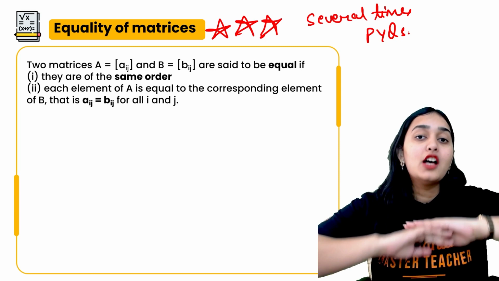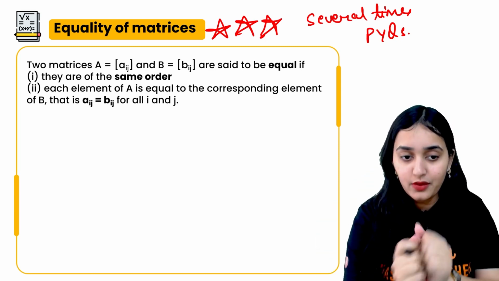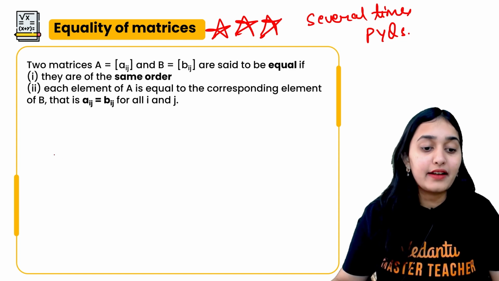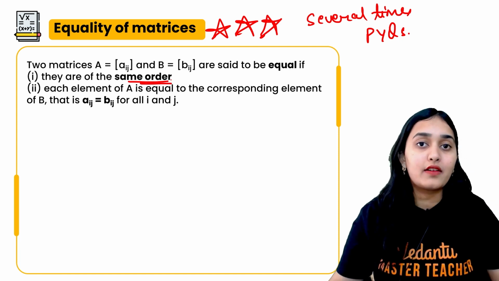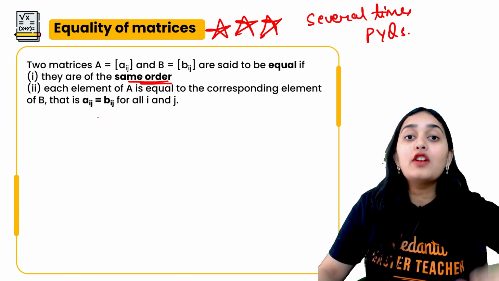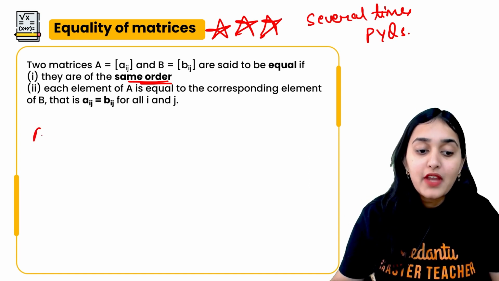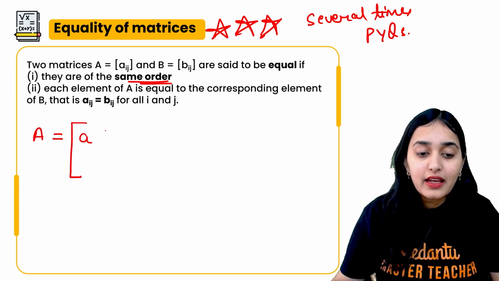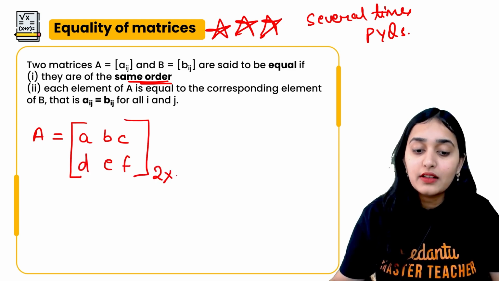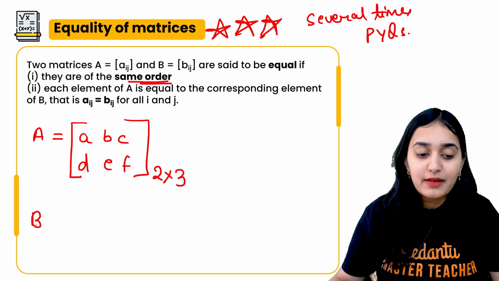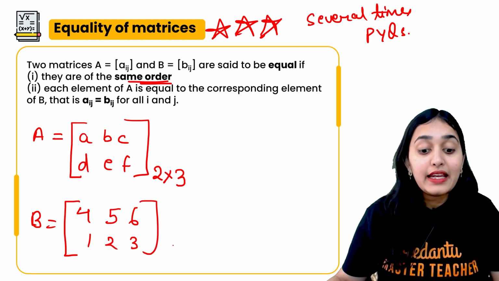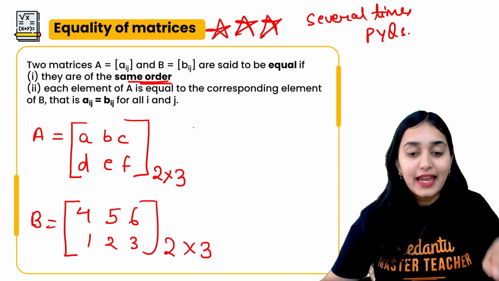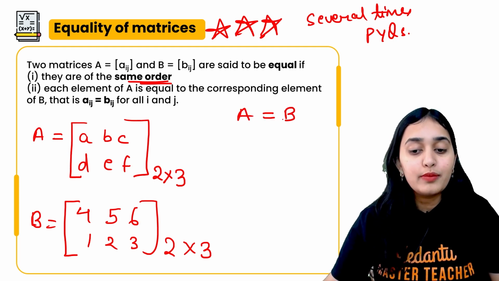Equality of matrices. Super easy topic, super scoring topic. Okay. What is equality of matrices? If there are two matrices having the same order, what is important? Same number of rows, same number of columns. Example, if I have a matrix A where A, B, C, D, E, F, there are 2 rows, 3 columns. And I have a B matrix which has 4, 5, 6, 1, 2, 3. Again, 2 rows, 3 columns. Then if A is equal to B,